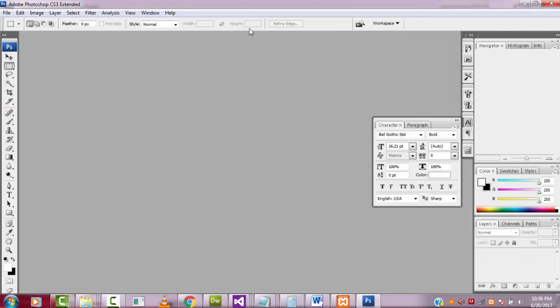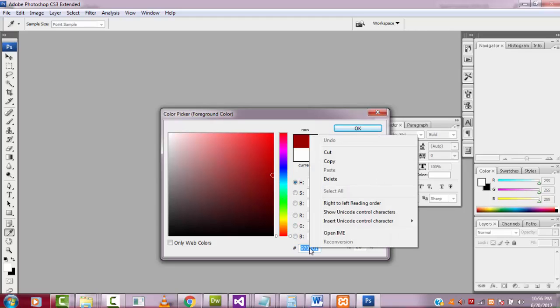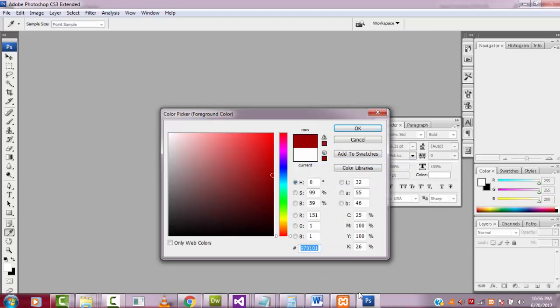If you have no experience in Photoshop, that doesn't matter. You just open it. You don't need to do anything else here. This is the color palette. You just click on this one. Here you can select the color code. There are a lot of colors. I need this color, so I select it and copy the color code, and go back to your